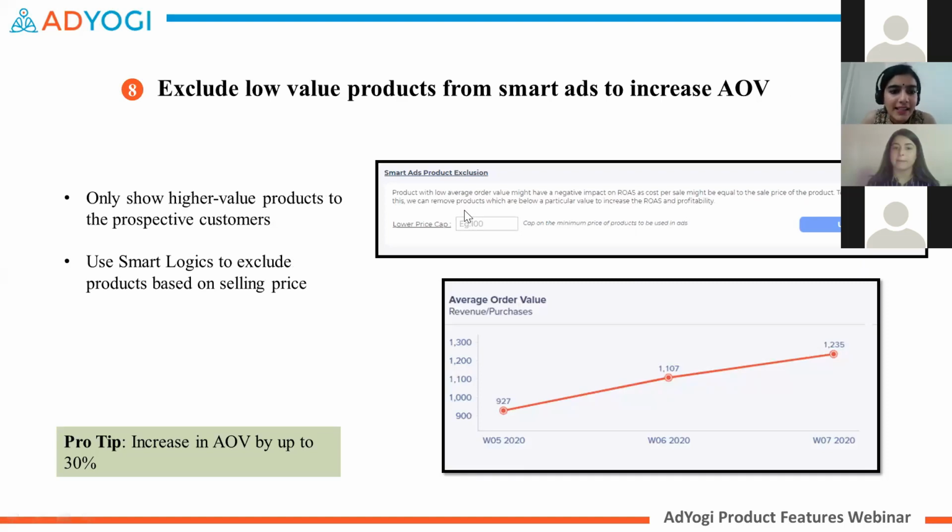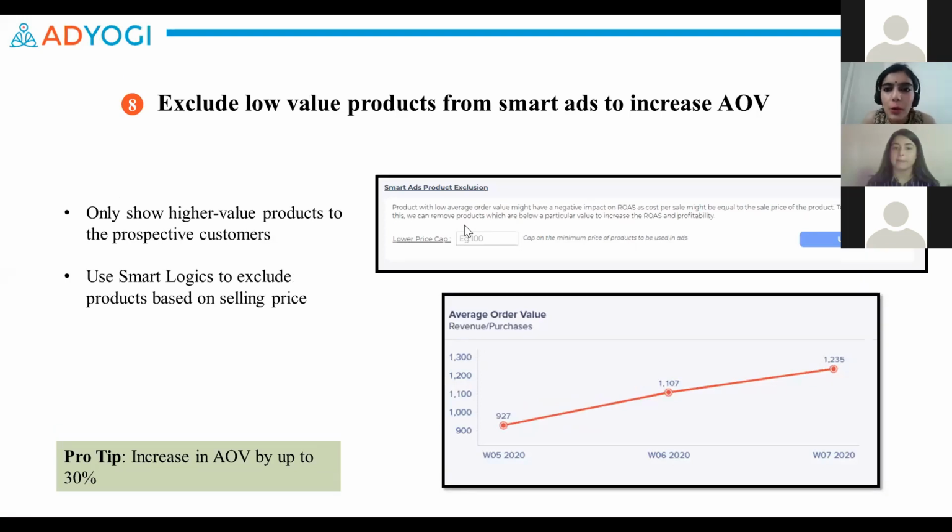The next feature allows us to exclude some low value products from our smart ads, effectively increasing the average order value or the AOV, which also has a direct impact on the ROAS. So as we saw in the ROAS analyzer, the average order value was one of the contributors to the final ROAS. And what we've usually seen is that brands that have lower value products on the website or that have products which have a very diverse range, for example, if they range from a 500 to a 5,000,